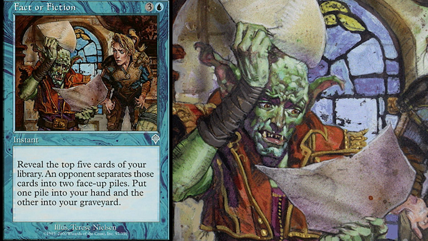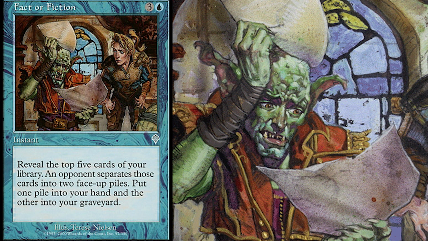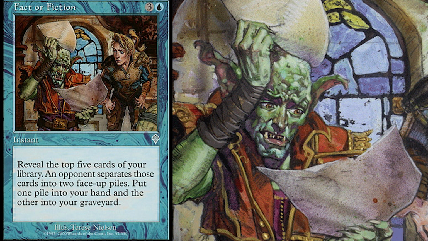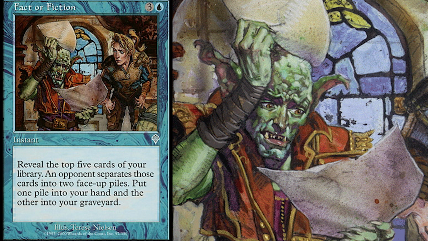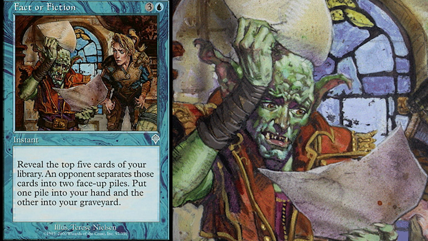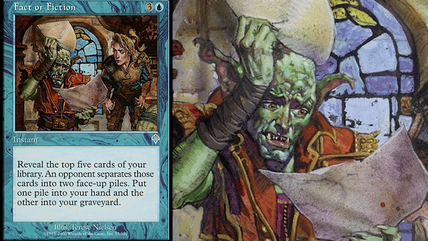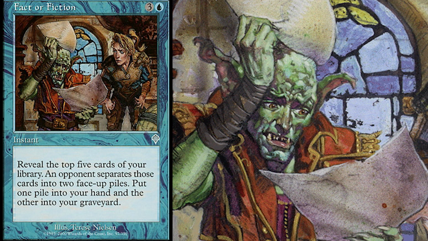Most of the time when you're dealing with top of deck manipulation, it involves you getting to decide. But having your opponent choose adds an interesting dynamic to it. So with this one, it's just the top 5 cards of the library, so nothing's getting exiled. And an opponent separates those cards into 2 face-up piles. So unlike before,